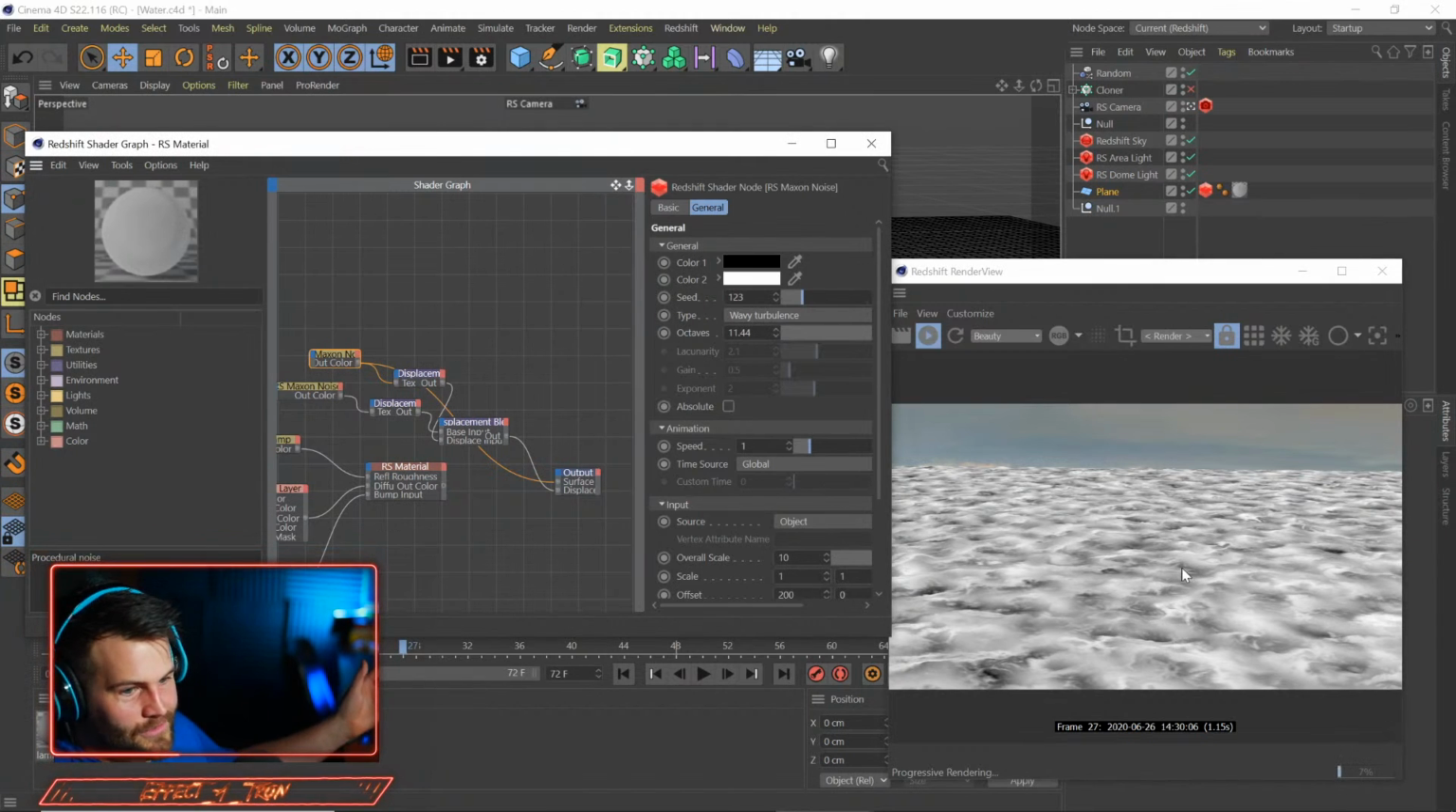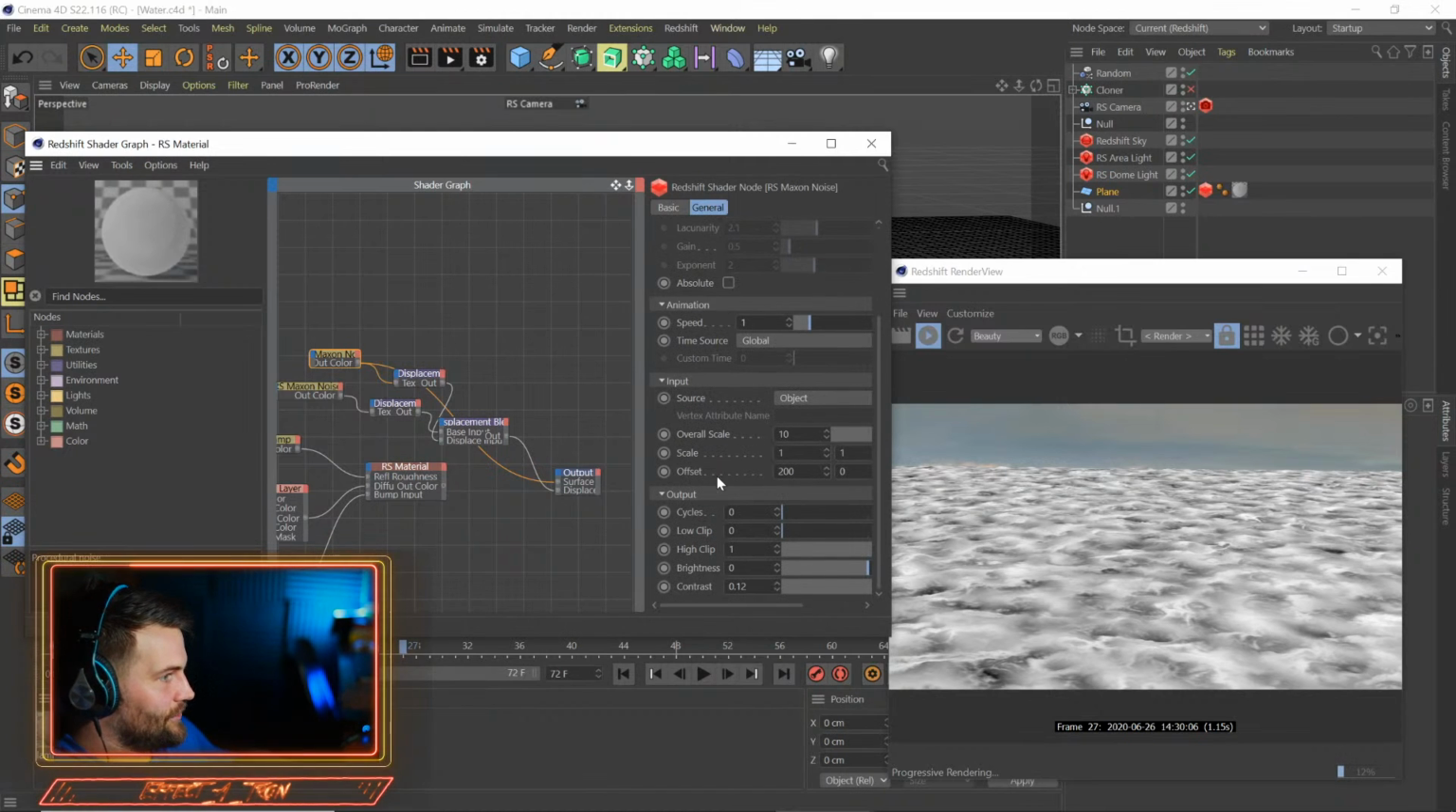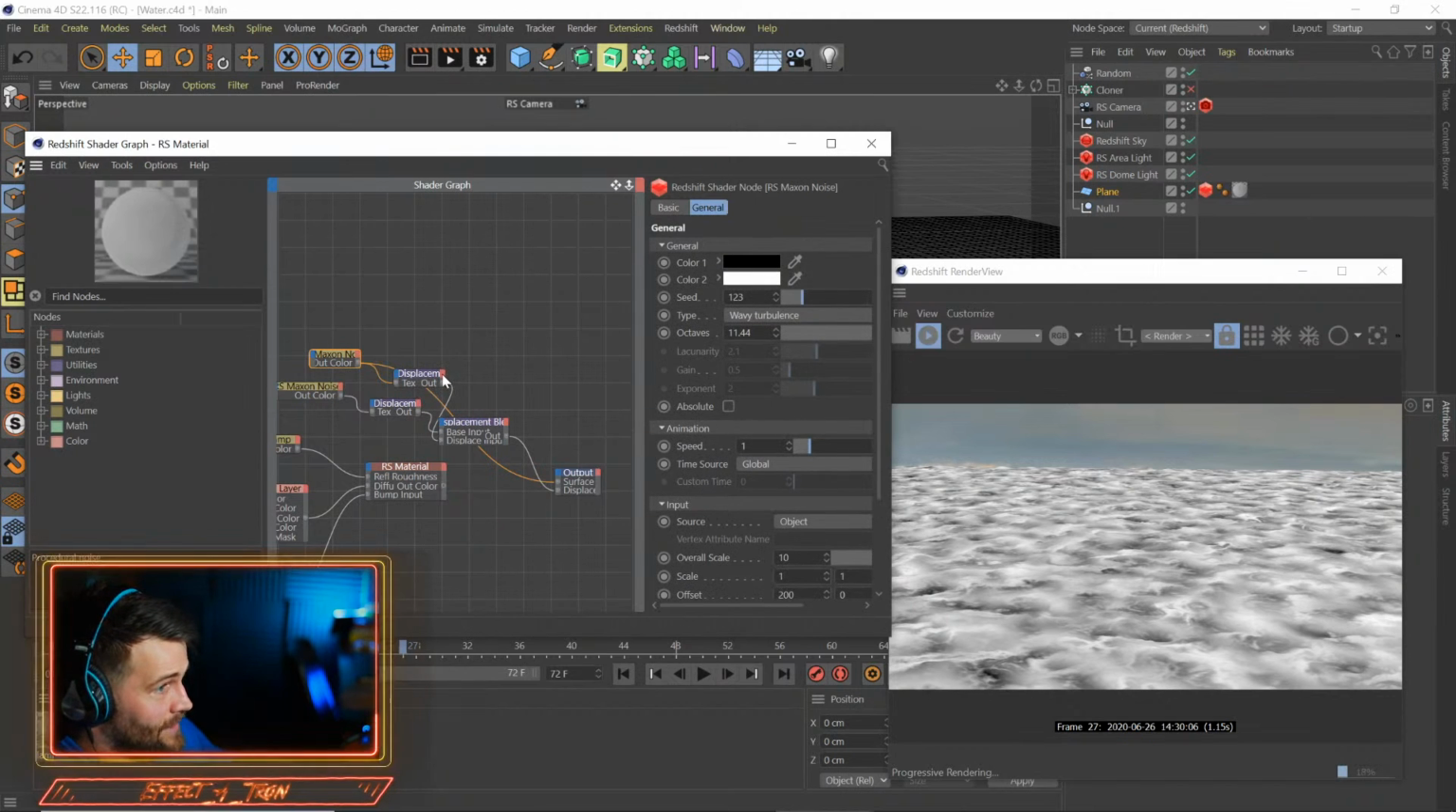I thought that kind of looked like water. I've got some settings here. You know, it's pretty basic. Scale of 10. Some brightness. Didn't even really mess with it too much. And that's going into a displacement map. And our other map down here